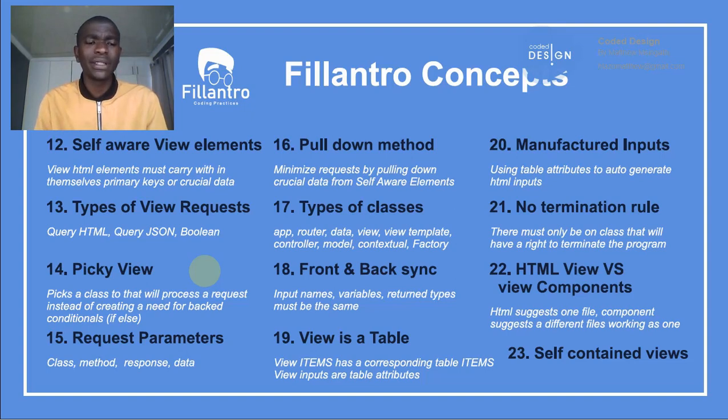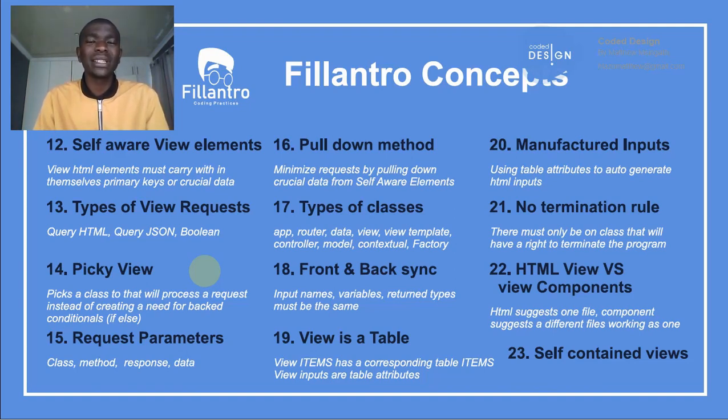So that is point number 14, and that is a picky view. And then point number 15, request parameters: class, method, response, and data. What I realized as I'm creating these requests from my HTML and JavaScript is that there is a certain group of things that I must send to my backend in order for my code to execute smoothly and also to make my life easier. So my request must always have these parameters: a class, as I've said on point number 14, a class that is going to be instantiated, the method name that is going to be called in that class,